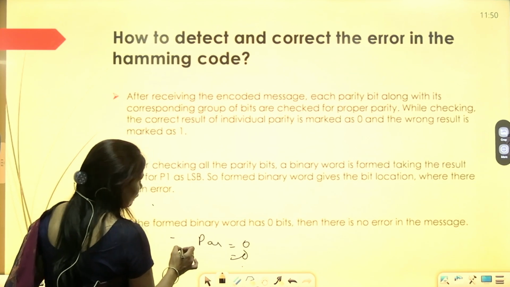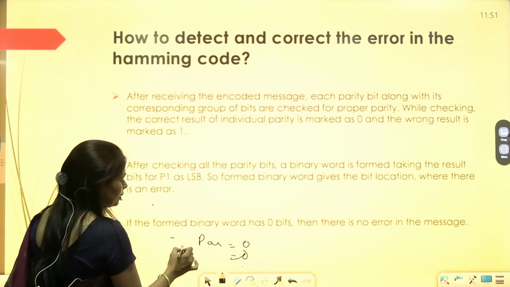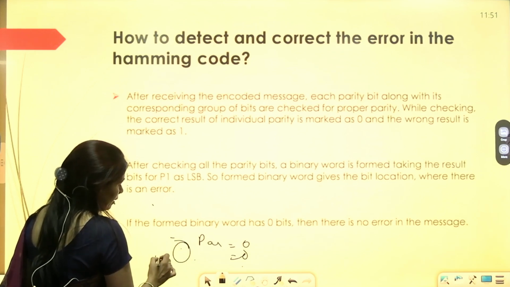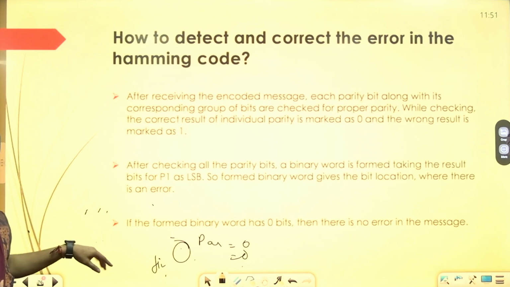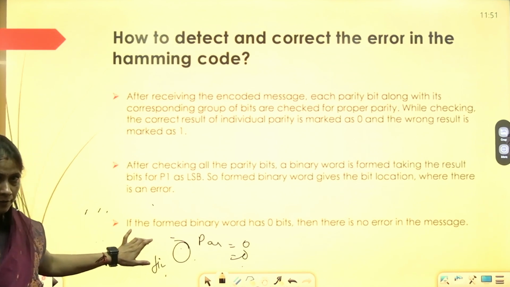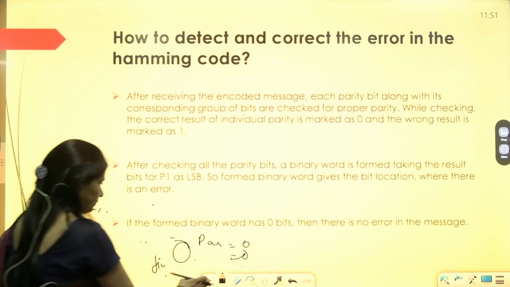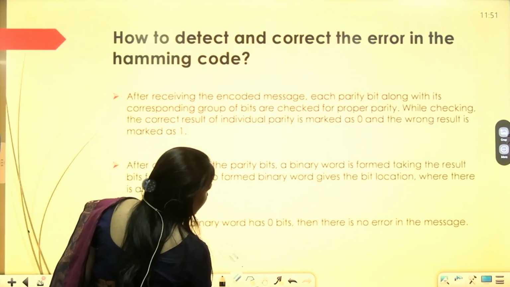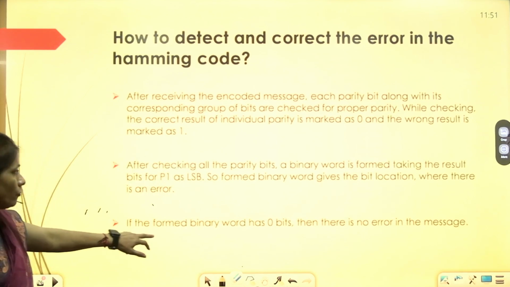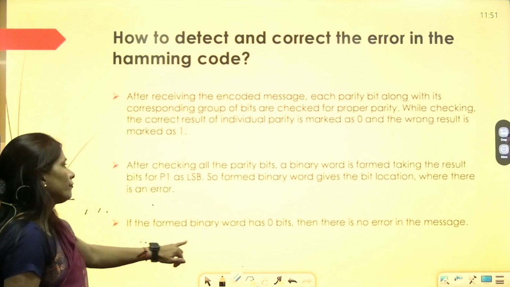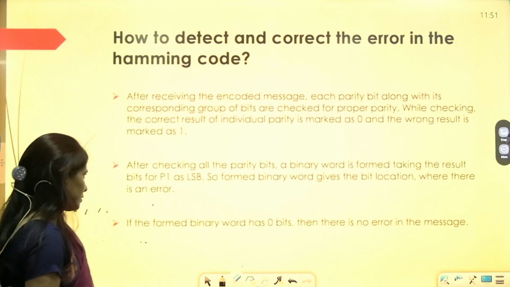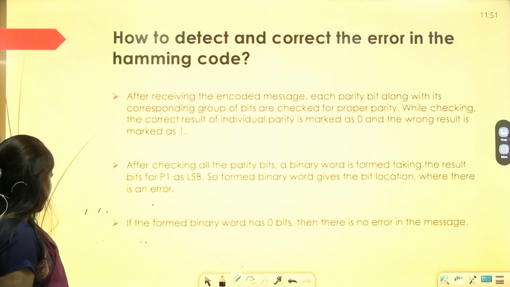If we find any position with a 1, then we have found an error. If the formed binary word has all 0 bits, then there is no error in the message. If we find a 1 bit, then there is an error in the message.